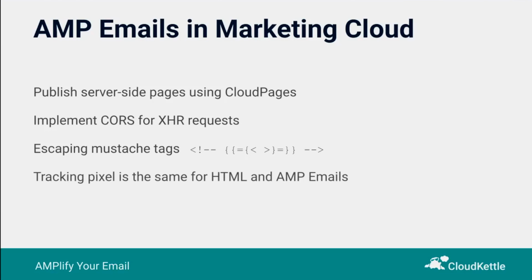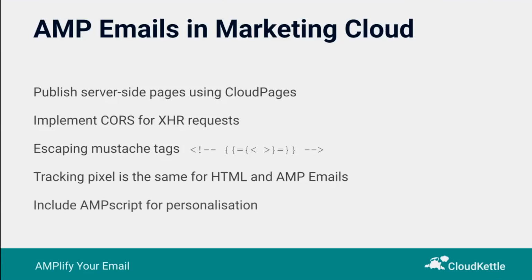Additionally, while the standard Marketing Cloud Open Tracking code can be included in AMP emails, the same tracking code is used for both HTML and AMP emails. As a result, you won't be able to identify who opened the AMP version of the email versus the HTML fallback version. As a solution, I would recommend implementing some server-side code to add a record to a data extension when the email is opened. You can learn more about this technique in my AMP for Email developer session next week, which I'll discuss at the end of this presentation.